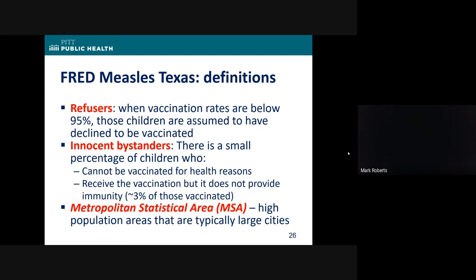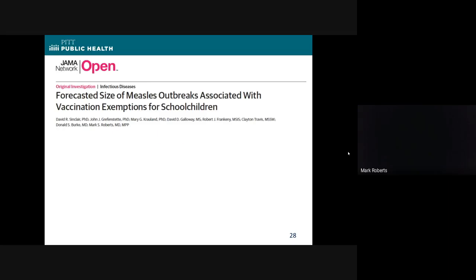And we then did this by MSA rather than by county. We also did it by county. I won't go there again because it's too hard to, but if you want to use it, you can go look at Texas. And we now have school and district-specific data for Pennsylvania and for Florida. We wrote a paper about this in JAMA Network Open that describes how the size of measles outbreaks varies across